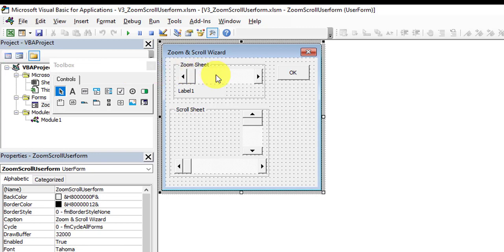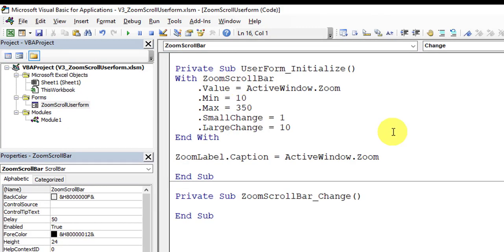Double click on the zoom scroll bar. A new procedure is created with the zoom scroll bar change event handler. Here we will write the code to zoom in and zoom out the sheet according to the scroll bar value. This line zooms the active window to the value set by the zoom scroll bar button.